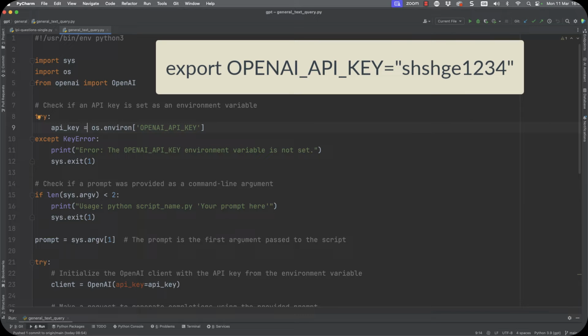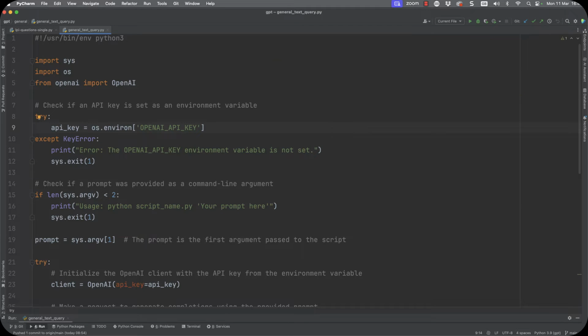This will have been exported within your operating system using the export command. I could also put the key value directly into the API key variable, but I wouldn't want to because we don't really want that within our script. We want to keep that secure.